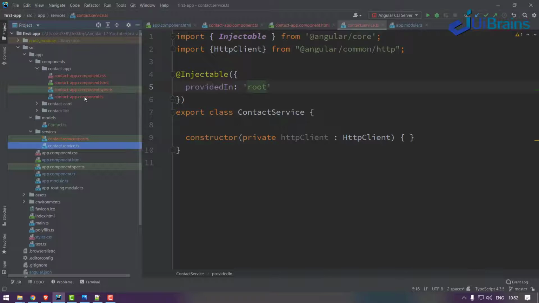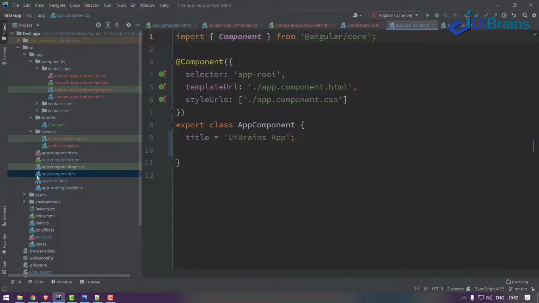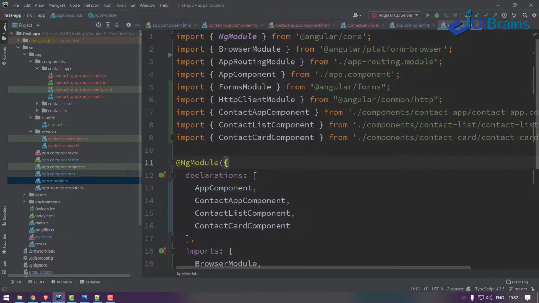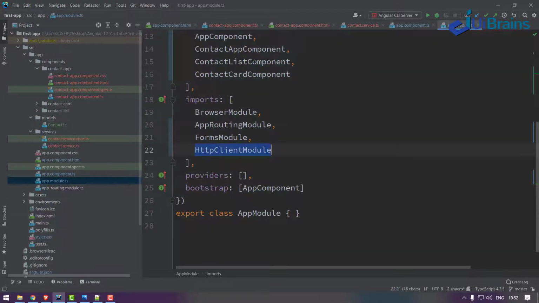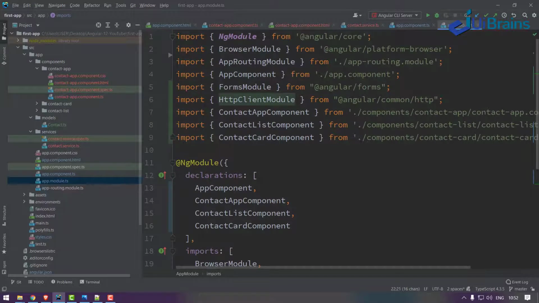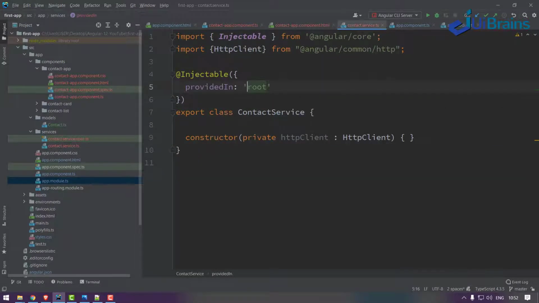That configuration we already did because we are working on the existing setup of our application. When you go to app module, you can see the HttpClientModule has been added. If you're doing it the first time, make sure you add this to the imports array of app module. Okay, so we already did that.